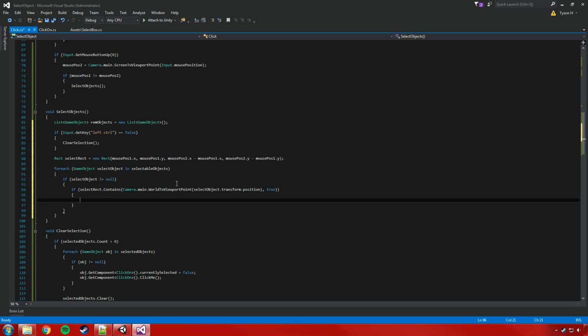So it just keeps things a lot more simple. Within this check, if the object actually is within the rectangle, so if we have dragged the rectangle and it covers one of our objects, and that object is in the selectable objects list, what we're going to do is say selected objects, so that's the list we've been using this whole time, the list of objects that are currently selected, and we're going to add this object,